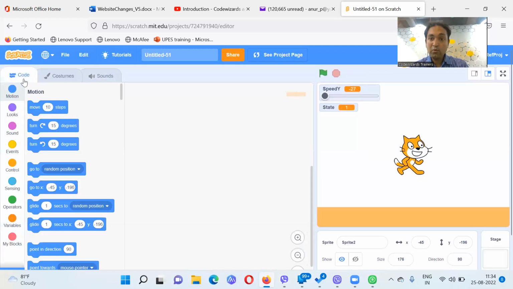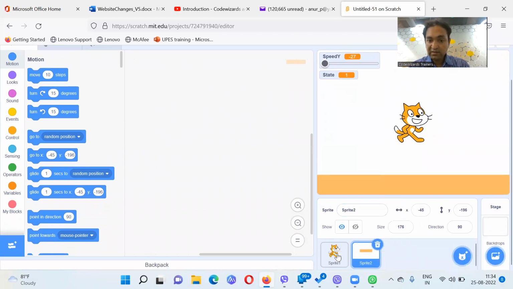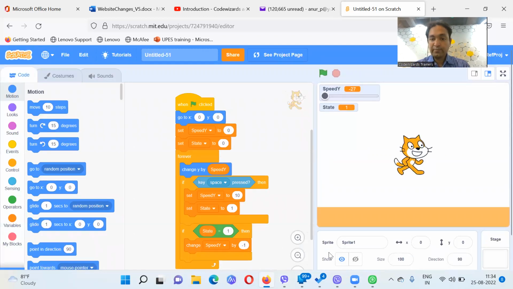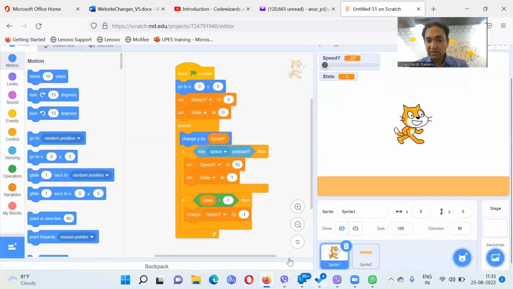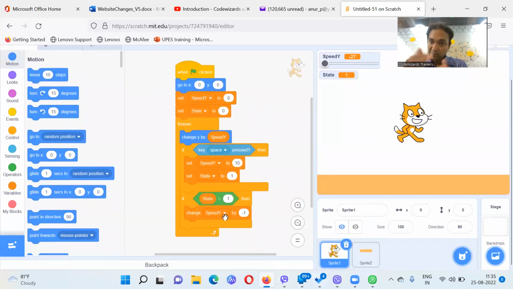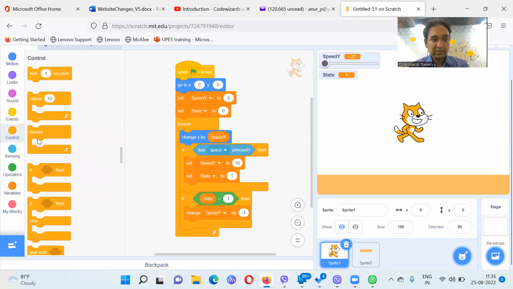Now, when does it go into the static state? It's very simple. I'll let you think about it. What code will we write so that this guy will not go down? Think. If we change the state, the change by speed will stop reducing. And then we also have to make the speed y 0. Both of these things we have to do. So very simple. What we'll do is,